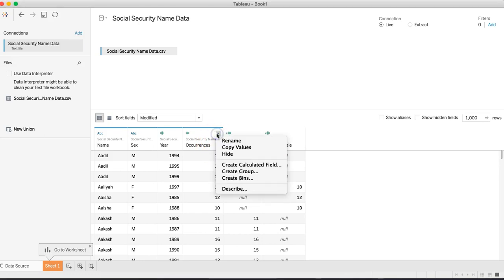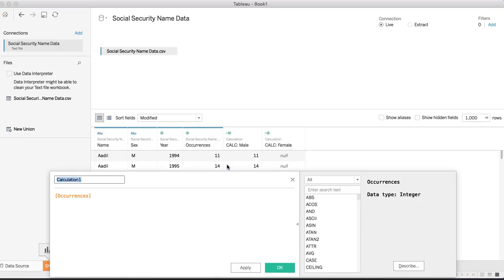So I'm going to click here on occurrences, and I'm going to create calculated field. I'm going to call it calc, and this time I'm going to put the word fixed. Fixed means that it is a fixed number. It is not a variable. So I'm going to go fixed sum occurrences. Okay. And what that means is that